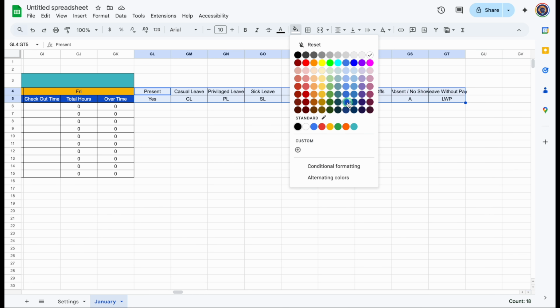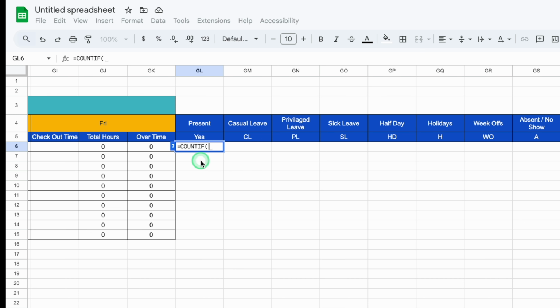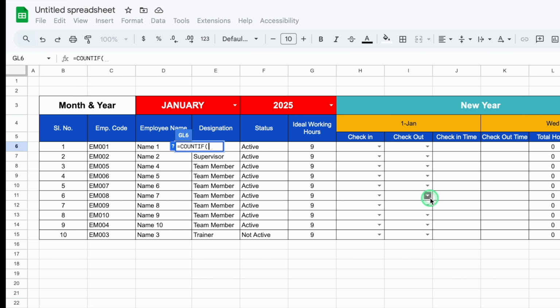Perfect. We'll select the whole sheet and align everything to the middle. Now we will insert our formula over here: equals COUNTIF, bracket open. I'll come to the left and select from H5, meaning from the first date till the last date. We'll press F4 three times and dollars will be inserted at the very beginning of the cell